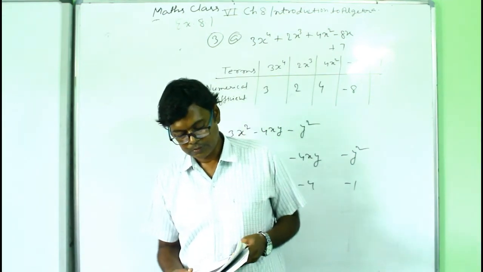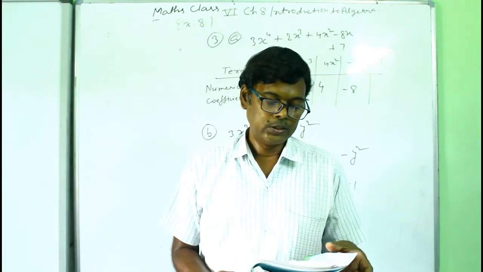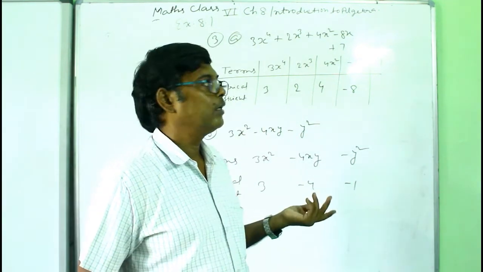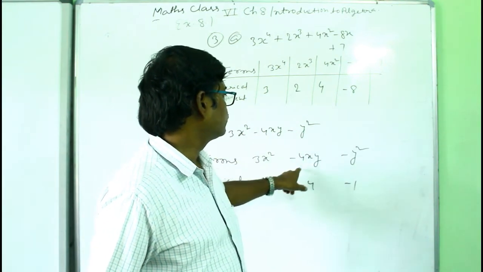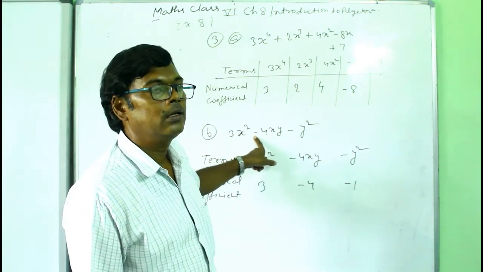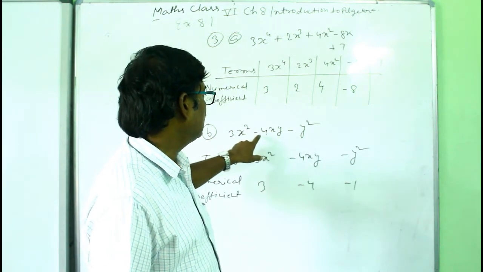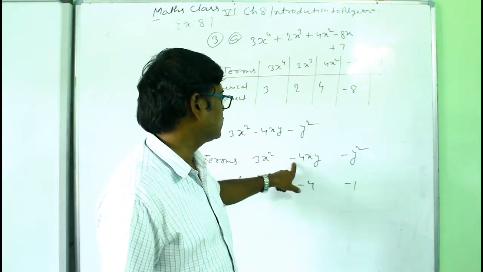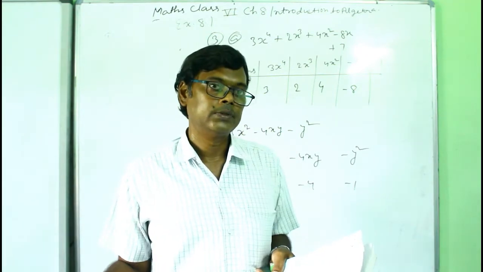Now the question number 4, write down the terms of the following algebraic expressions here. So in this we have to write the terms, okay. So I explained you already what is the term here. So you can see like here in this question the terms are 3x square minus 4xy minus y square here. Don't forget to write the sign. If it is negative then you must write this sign, that is before the expression, like this 4xy, and before this we have minus sign. So this whole will be the term. If you remove this minus, then it will be wrong. Okay. So in this way you can write the terms of this question, right?